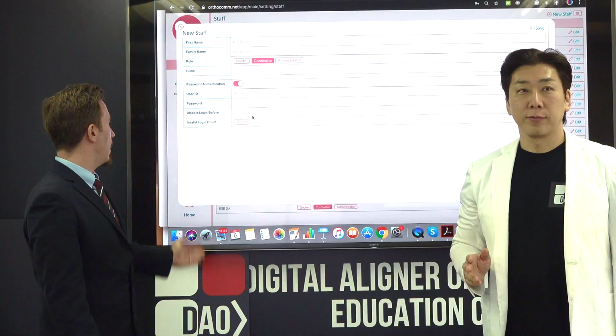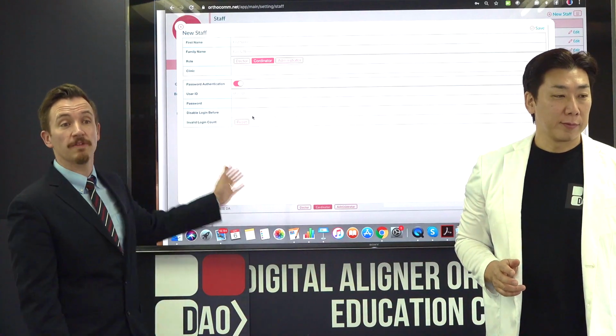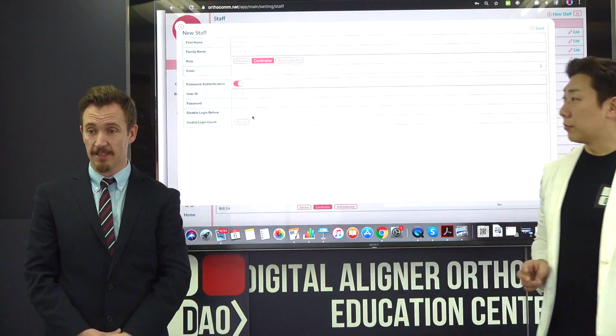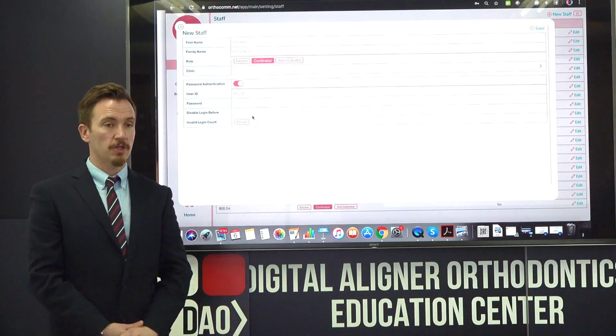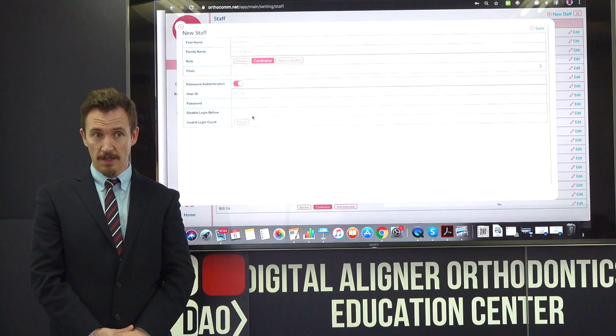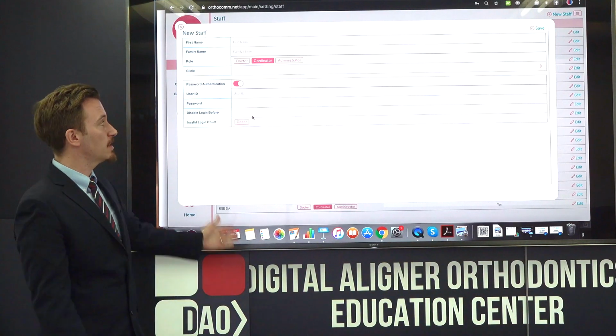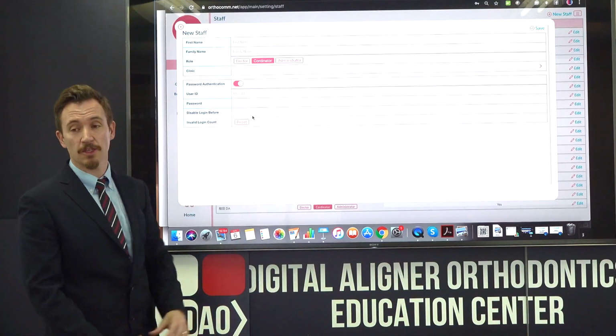So at the bottom, you see invalid login count. You can see a reset button here. This is something only visible to people who have administrative access. Right now, only you. Should a member of your team fail to log in 5 times, their account will be locked. And the only way you can unlock it is by going into your administrative account, accessing their specific profile,